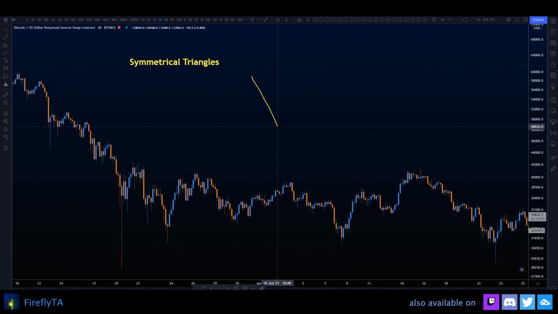But if this down move rolls over into a sideways move, like this, the balance in this structure is disturbed. It tells us that instead of seeing a sharp move up to reinstate the balance here,